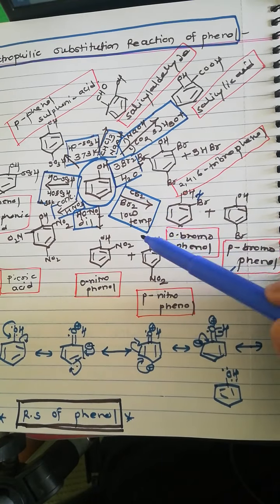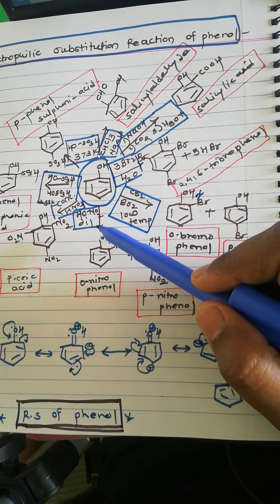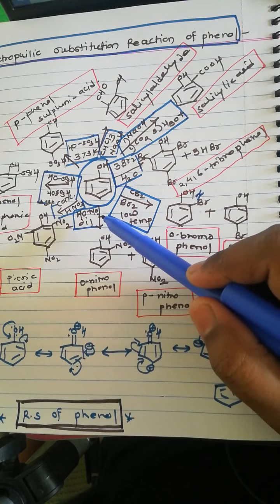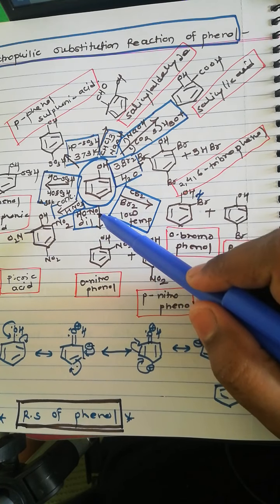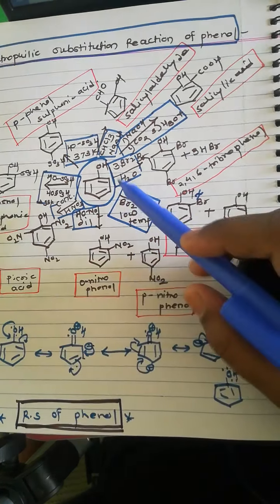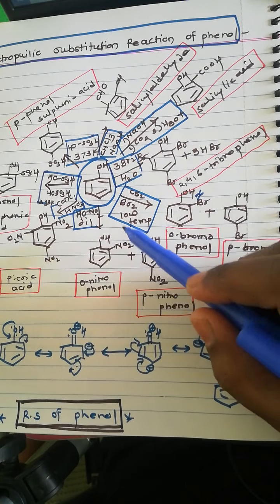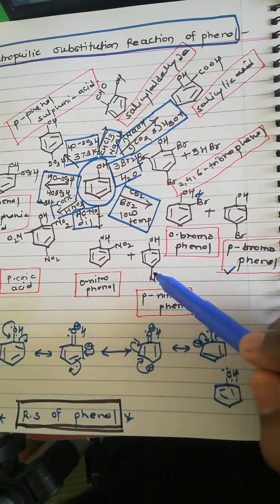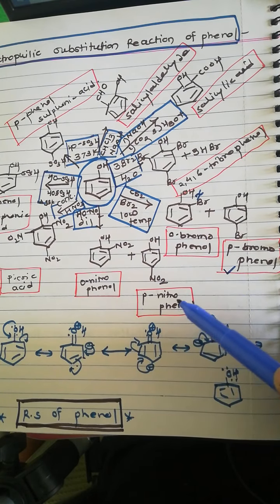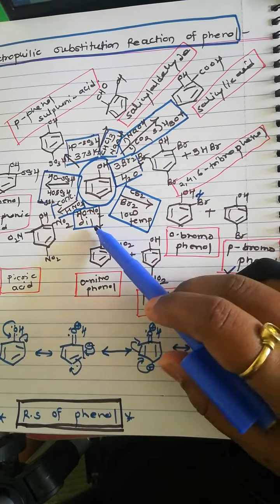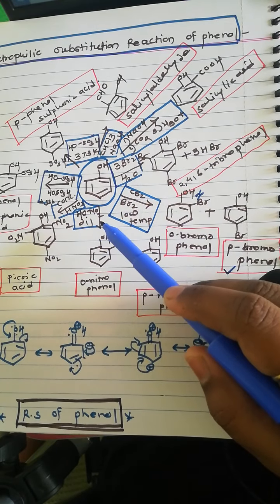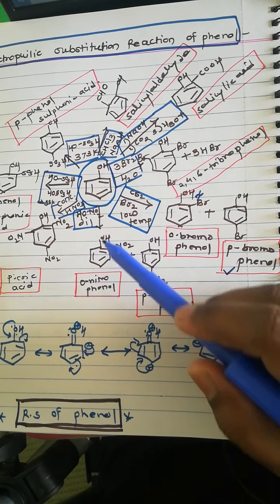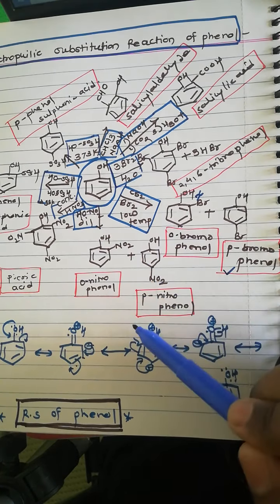Now we can see the next reaction, the nitration reaction. Here we use dilute HNO3. HNO3, how many O? 3 O. Here in nitration reaction, NO2+ is the electrophile. It adds to ortho and para positions and we get orthonitrophenol and paranitrophenol. In dilute HNO3, the NO2+ ions are less. Therefore, here mononitration takes place.